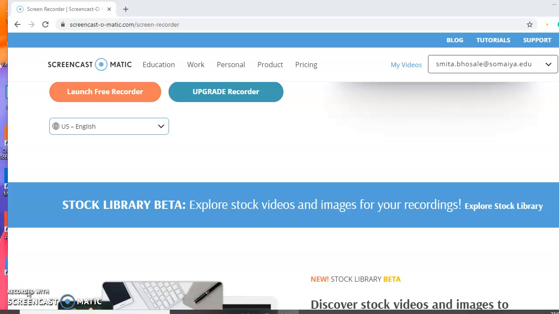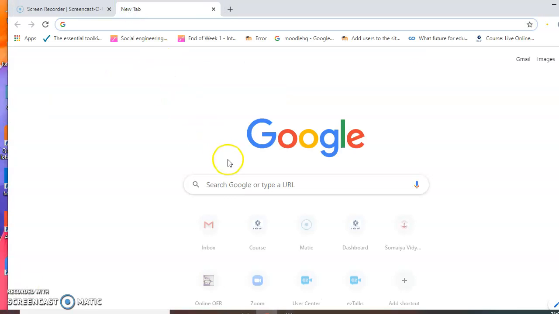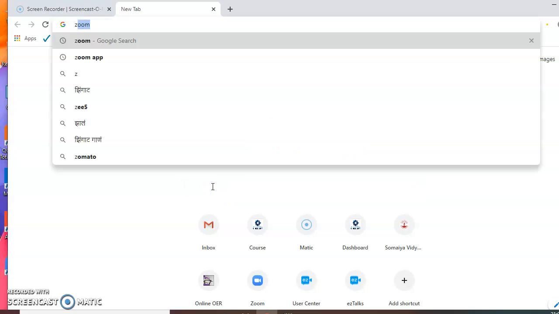Zoom is an app widely used in today's modern era of digital communication. It brings audio and video conferencing. It also provides the facility of conducting online meetings with crystal clear face-to-face video, high quality screen sharing, and instant messaging through chats. So to begin with, let's go to Google and search for Zoom.